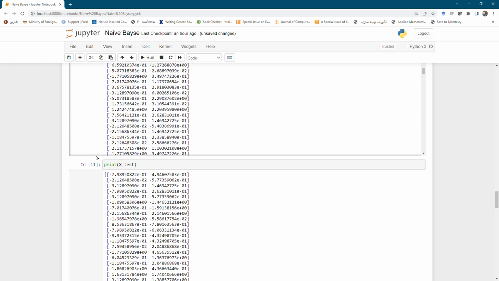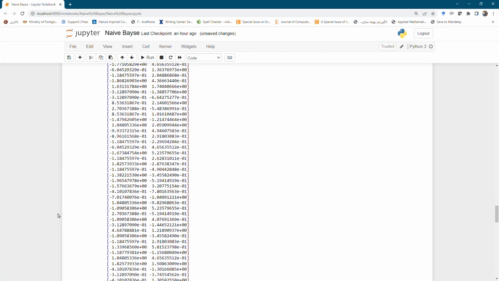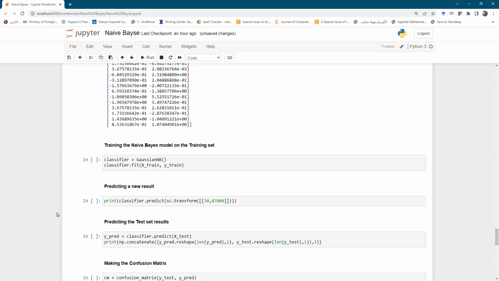That is why we use this standard scaler. Then most values came to a very similar range. The next step is to train the NaiveBayes model. In order to train it, we build a naive model from